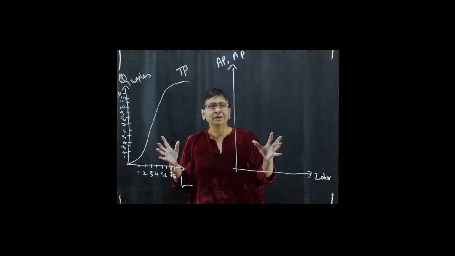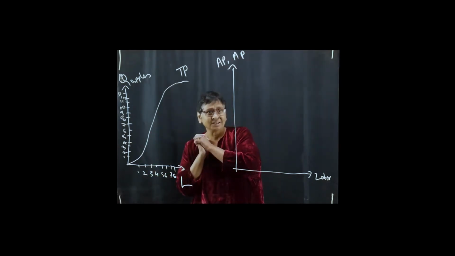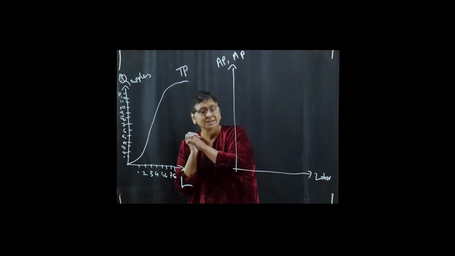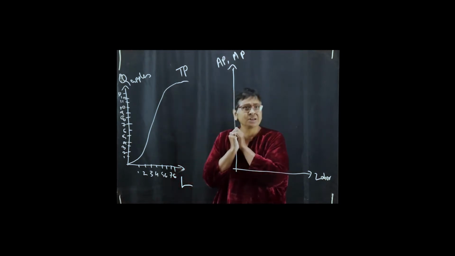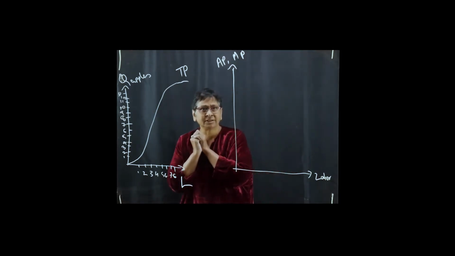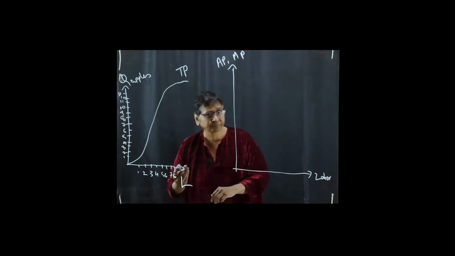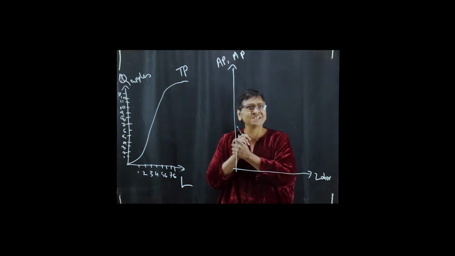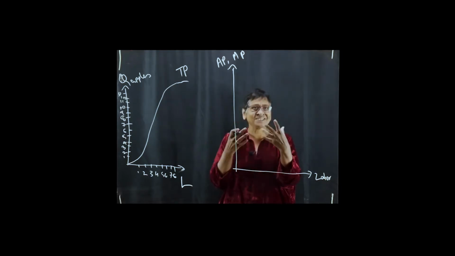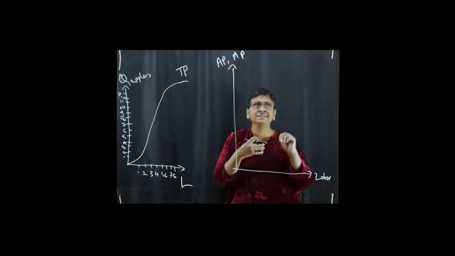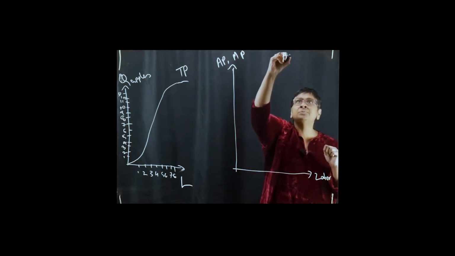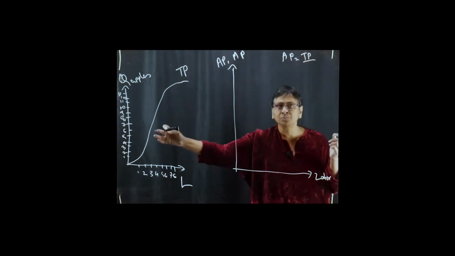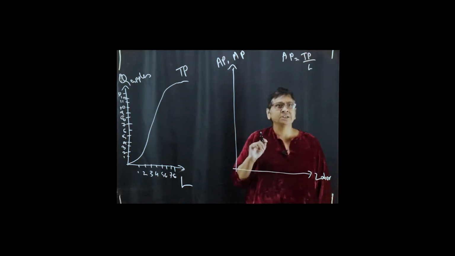So we want now, knowing what we know about total productivity, this particular kind of S-shaped curve that we expect to see in the world, let's use that to find out something about average and marginal productivity. So as before, when we did total revenue and I said average revenue is the total divided by the quantity and the marginal is the extra you get from the next unit, in the same way, average productivity is basically equal to the total productivity, however much output you produced, divided by the quantity of labor you used to produce